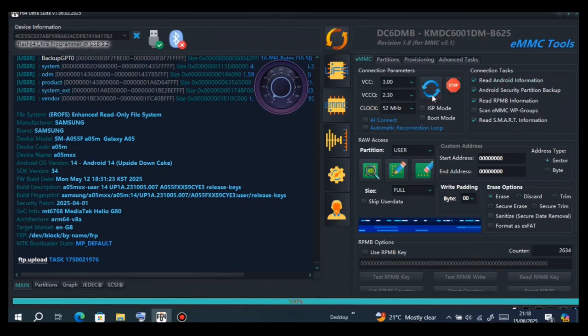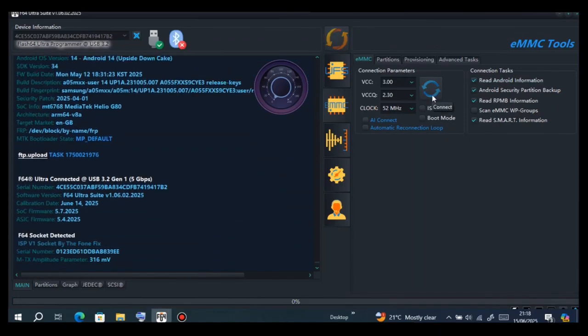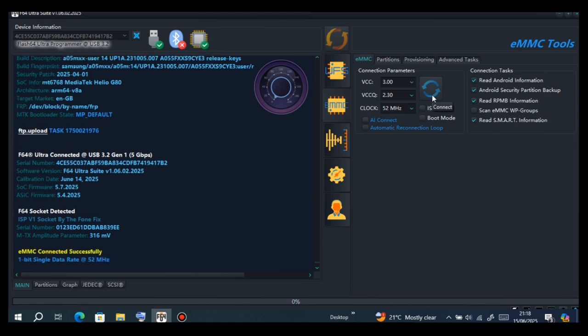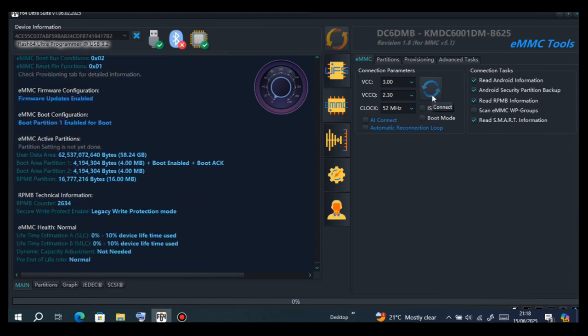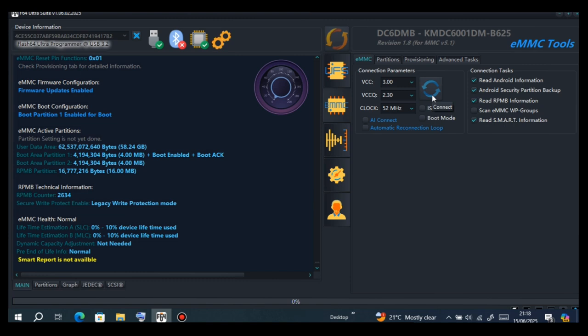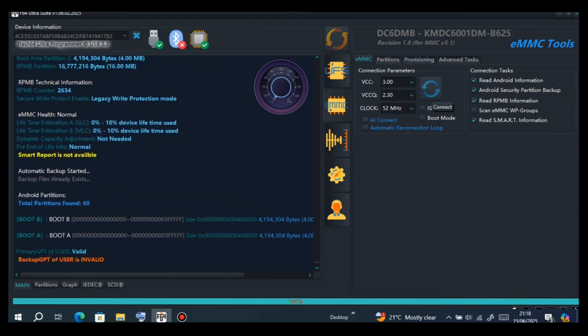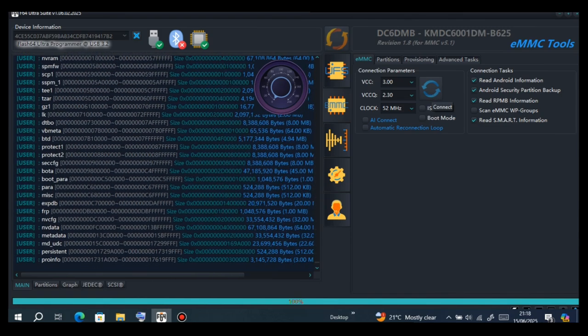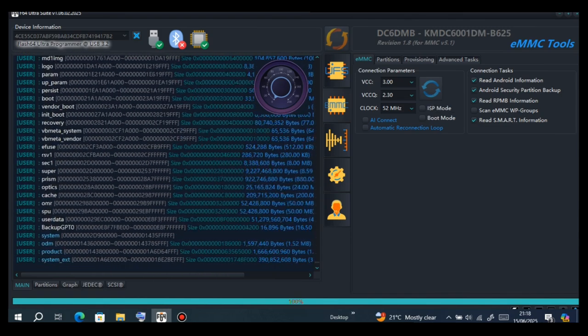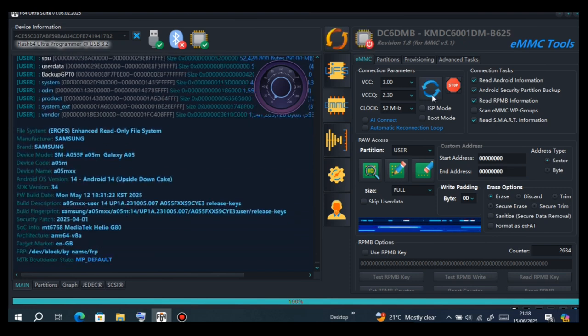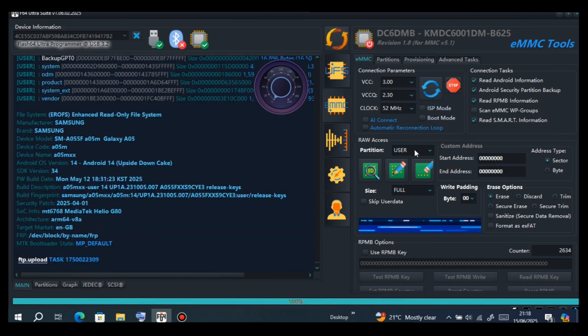In this video, I'm going to show you how to remove MDM from Samsung A05 using the box F64. Now you have to identify, just as I'm doing now. After identifying,